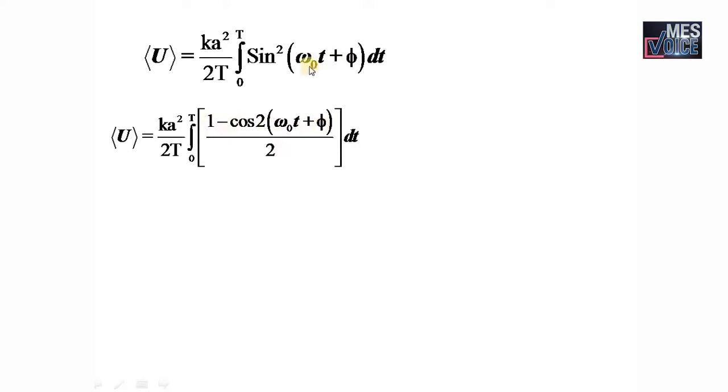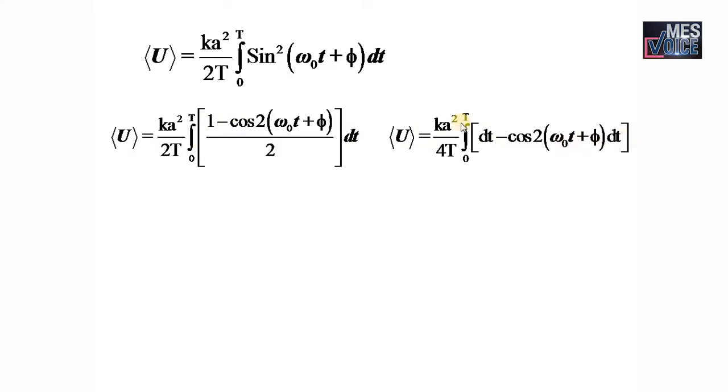Okay, so very simple. Then only we can integrate it. So that's why we have used this standard formula. Where again you can see, you can split up this term. First term will be dt. You have to multiply 1 with dt. So you have the first term dt minus second term will be cos(2ω0t + 5) dt.